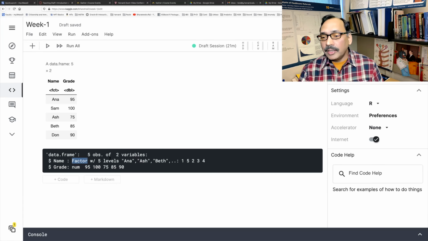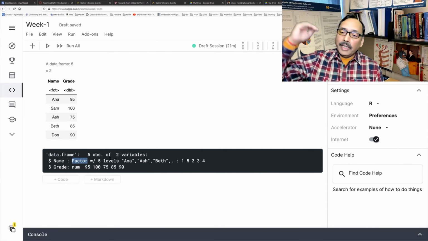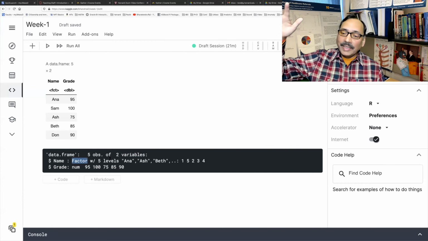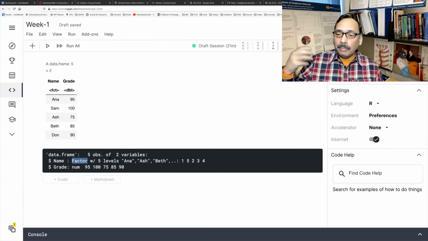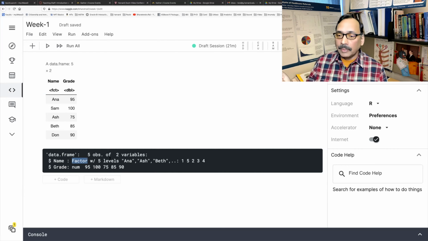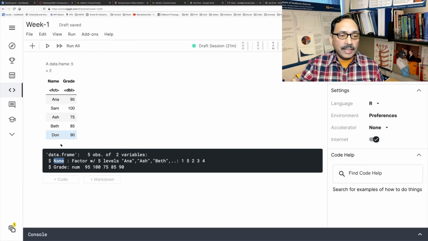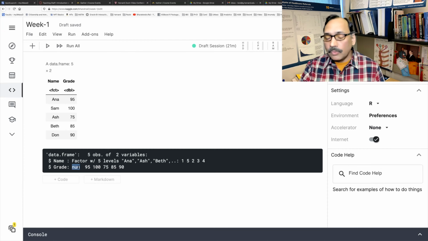If you use a statistical term like scales of measurement, where you have 4 categories, nominal, ordinal, interval, and ratio, names of people or buildings or things fall under the first scale of measurement, which is nominal. So it is a nominal type of data. And the second one, grade, is a numeric variable. It's a number. num stands for numeric.